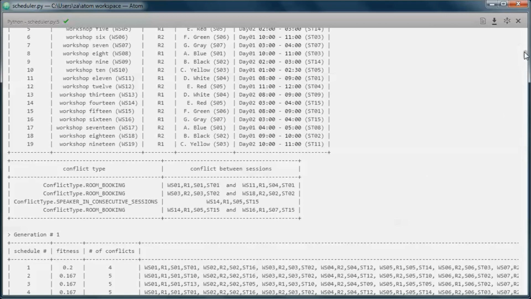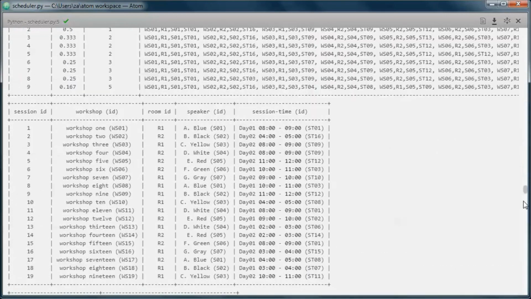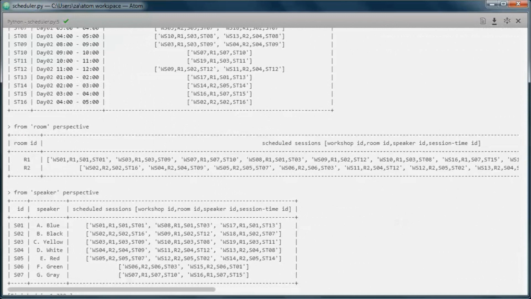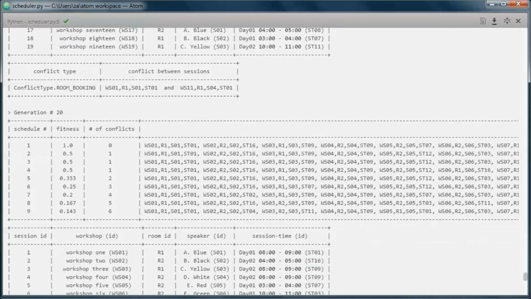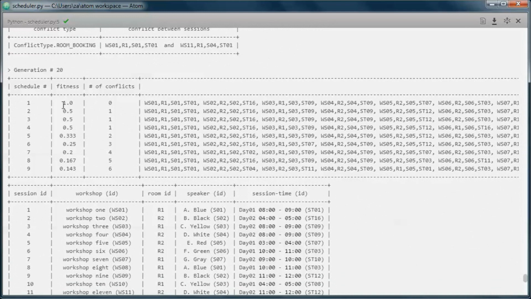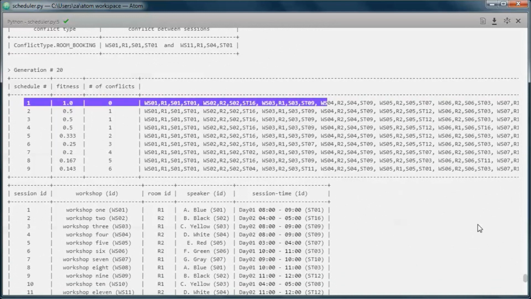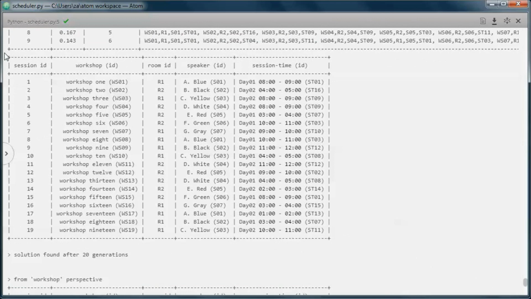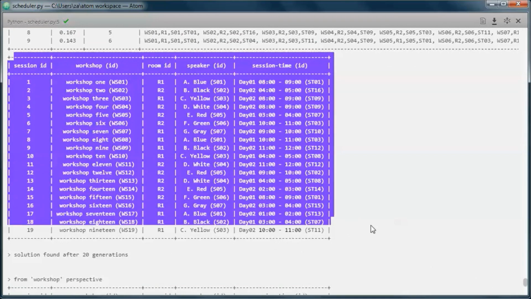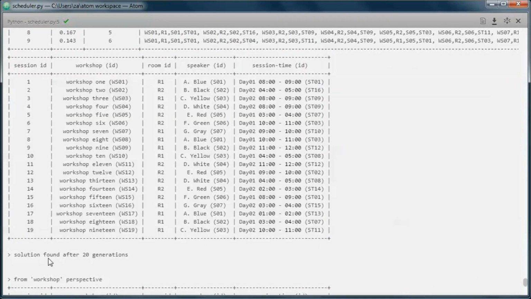So we go from generation 0 to generation 20, where we find this schedule with 0 conflicts. And this is a table representation of that schedule. So the solution was found after 20 generations.